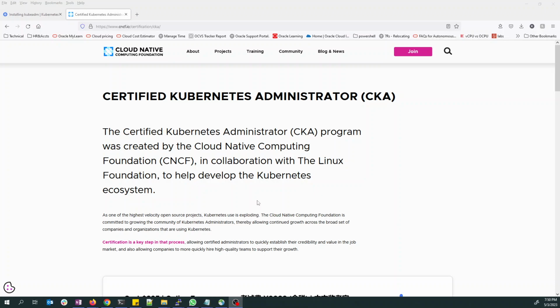And in these videos, I'll be covering the course content for CKA, which is Certified Kubernetes Administrator. There is an understanding that one needs to have a background on Docker, which I am assuming you are already aware of. But in case you don't have knowledge of Docker, then I request you to have a look at my videos